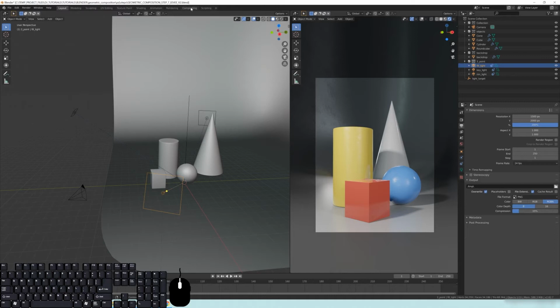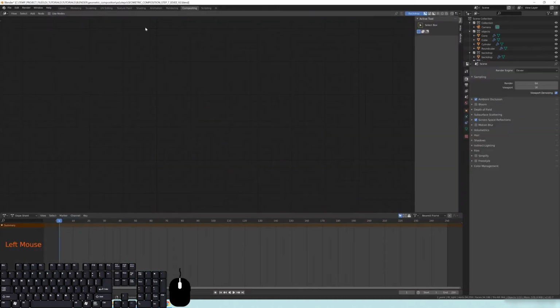So go over here, click on Compositing, and don't be scared. This is going to be fairly easy, and we're going to add some depth of field look and some glow effects, and you're really going to like it. So click on Use Nodes,